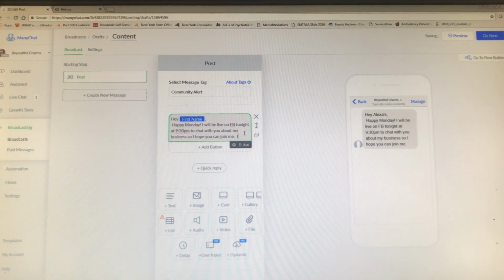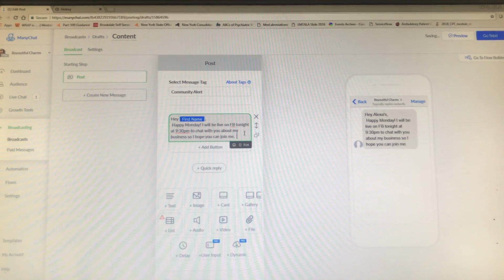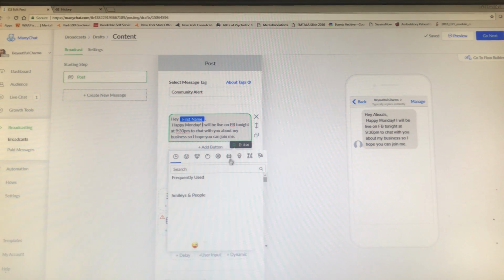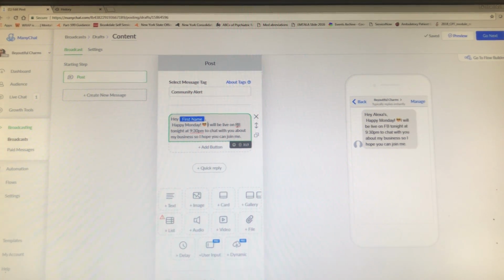I'm going to also write important, or let me see. No, I'll just leave it at that. I'll keep it simple. Okay, so now let's add an emoji. Let's see, where should we add an emoji? Here. Let's add a little smiley face. Okay, now,